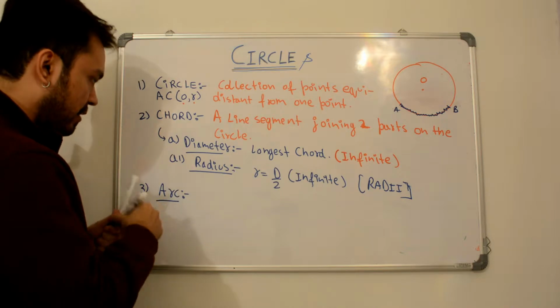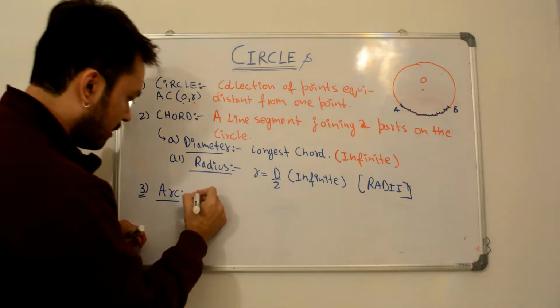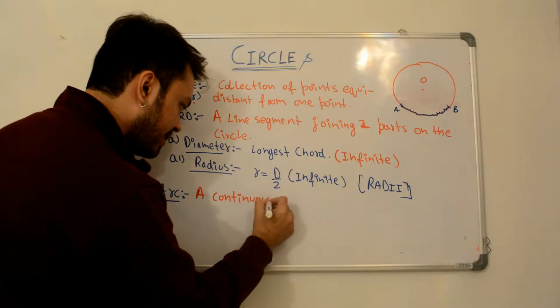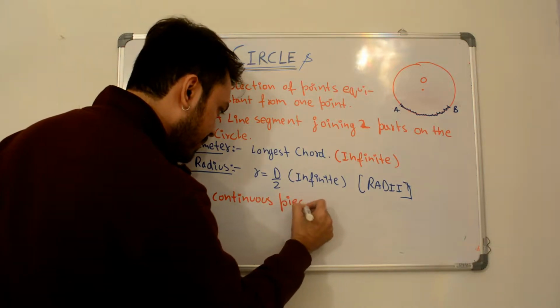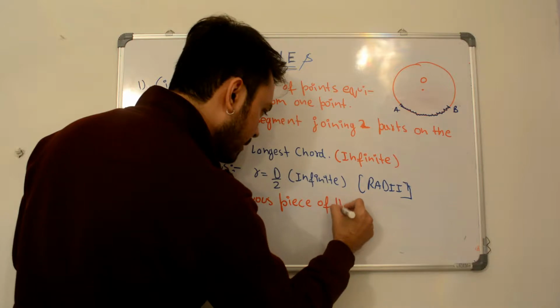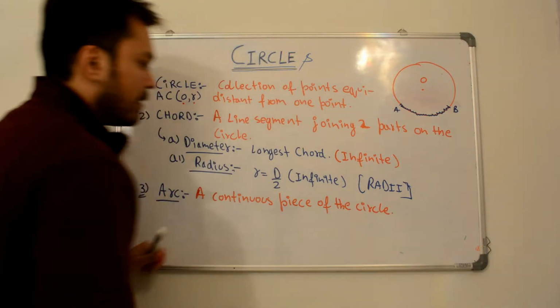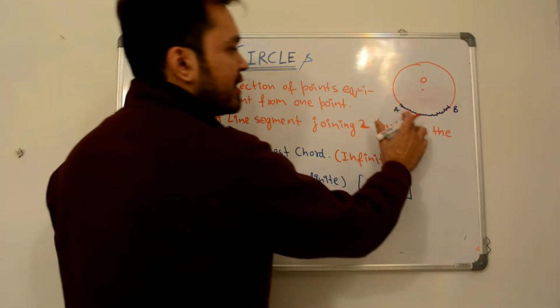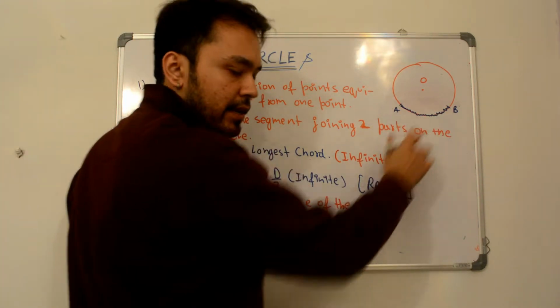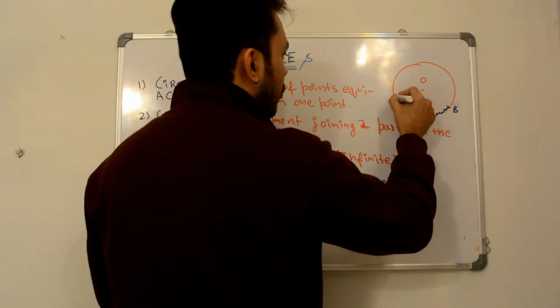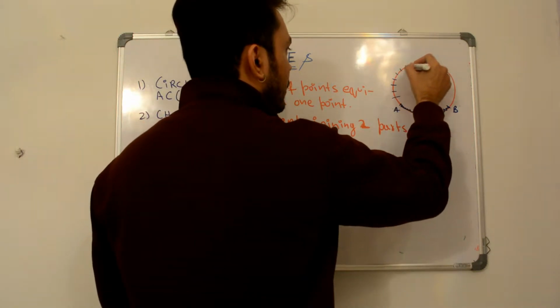So what is an arc? It is nothing but a continuous piece of the circle. Now you might notice that okay, this is a continuous piece of the circle AB, but what about the remaining part? Well, the remaining part is also an arc,